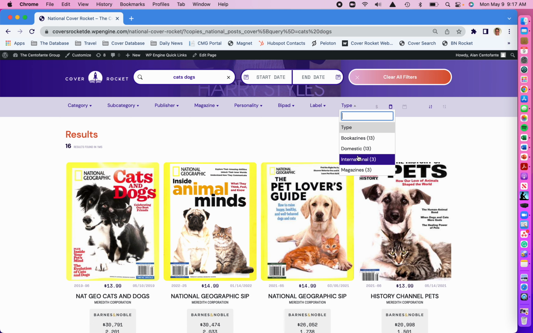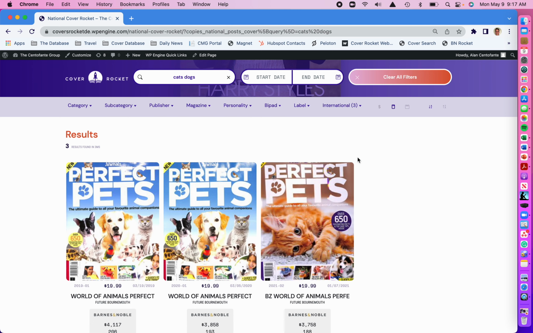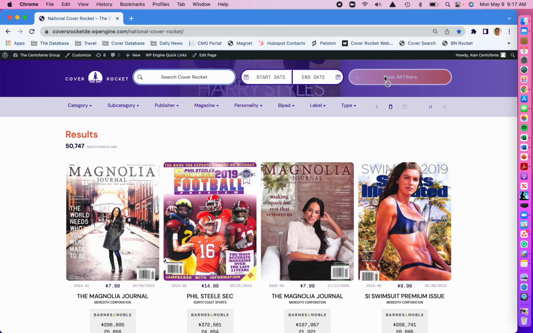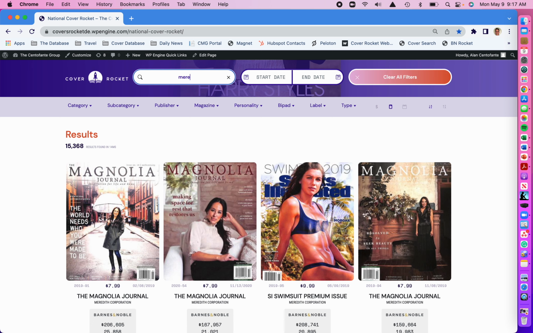I also encourage you to look under international. Our international friends are doing some actually interesting work, coming out of mostly the UK. Once again, we're going to clear our filters, and let's look at what Meredith is doing in bookazines. So once again, if we type in Meredith, we see